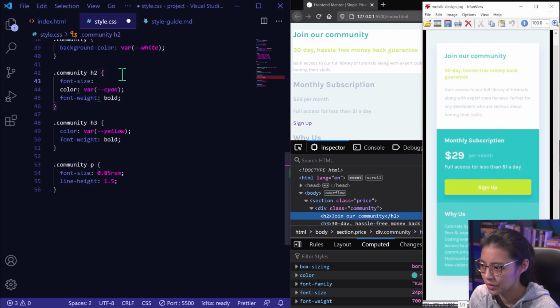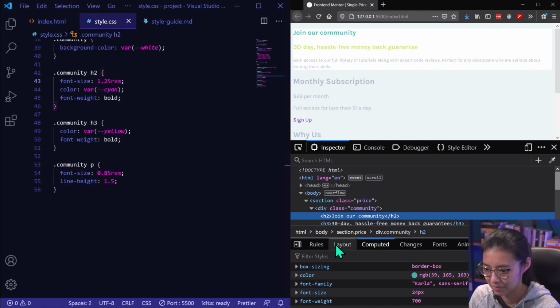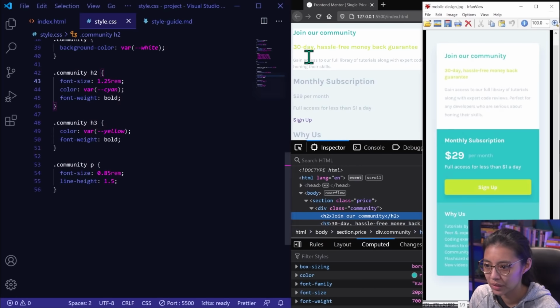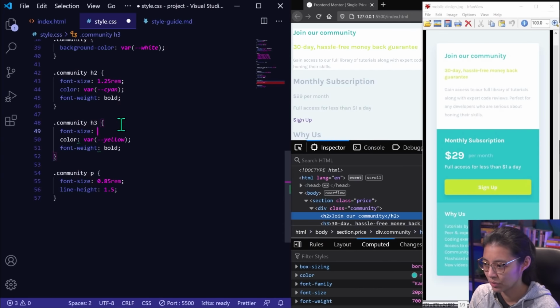So it's 24, and 16 is 1, so maybe 1.25 rems. Let's see if that looks better. It's actually pretty close. We'll keep it at 1.25 rems. And that is 20 pixels. This H3 is a little bit smaller. So font size, let's try 1.2 rems, because it does seem, actually let's try 1 rem for that,